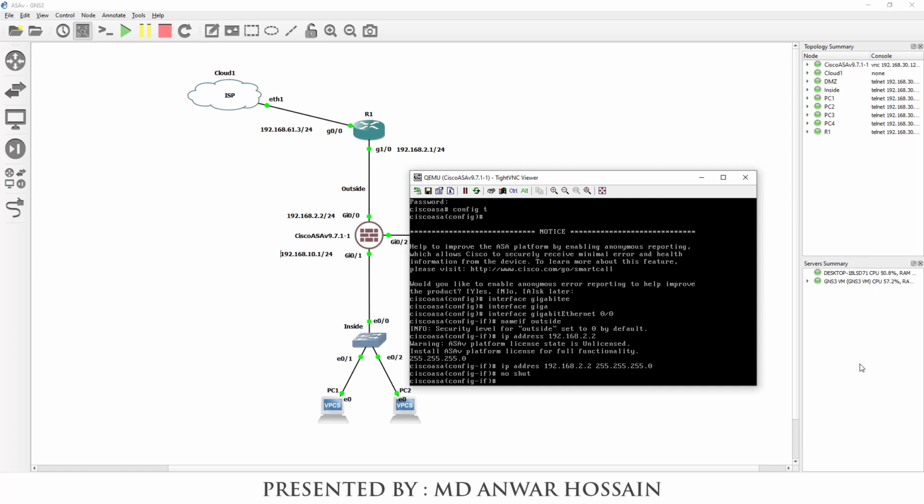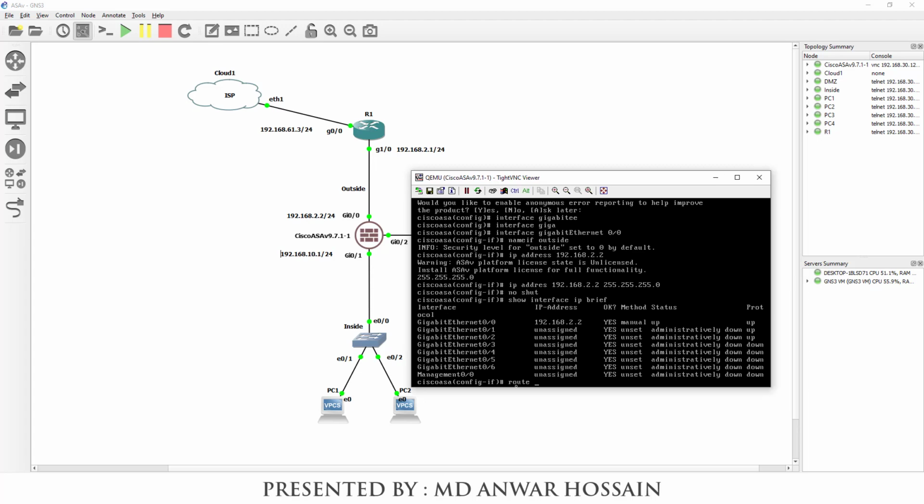Now we will add one static route in the Cisco ASA firewall to get access to the ASA firewall from the physical host. Route outside 0.0.0.0 0.0.0.0 and the next hop is 192.168.2.1.